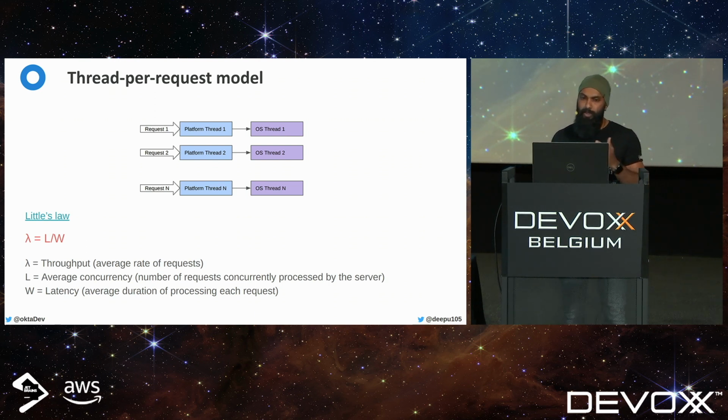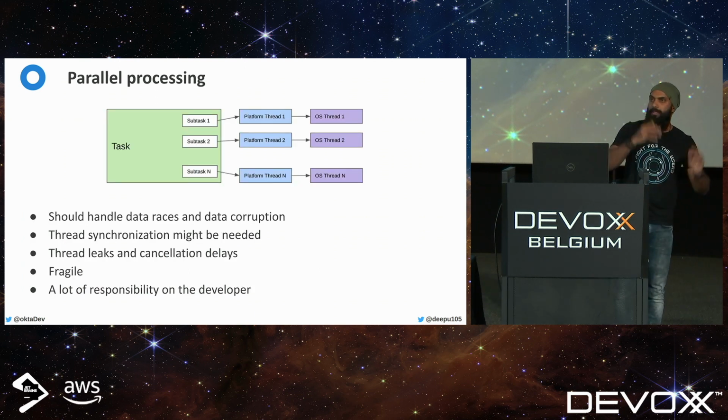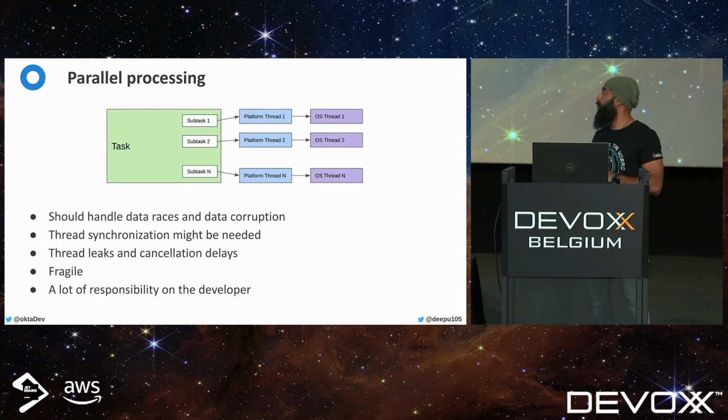For example, if you are doing asynchronous concurrency, you still have chances of data races. You still have to carefully make sure there are no data races. You still have to lock your objects and synchronize them if you are sharing data around. Of course, there are also chances of memory leaks, thread locking, and so on. So that is the thread per request model.